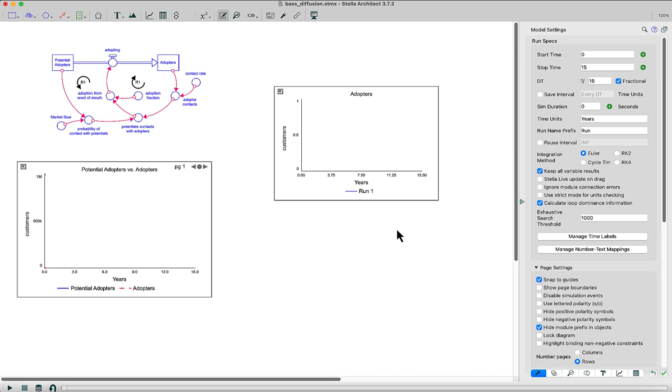New in Stella 3.7.2 is the ability to set a window of time for a graph that shows the window of time between the current time set in the run toolbar, which is the end time, and a certain number of time units before that, which we can set for the individual graph. So if I run this model,